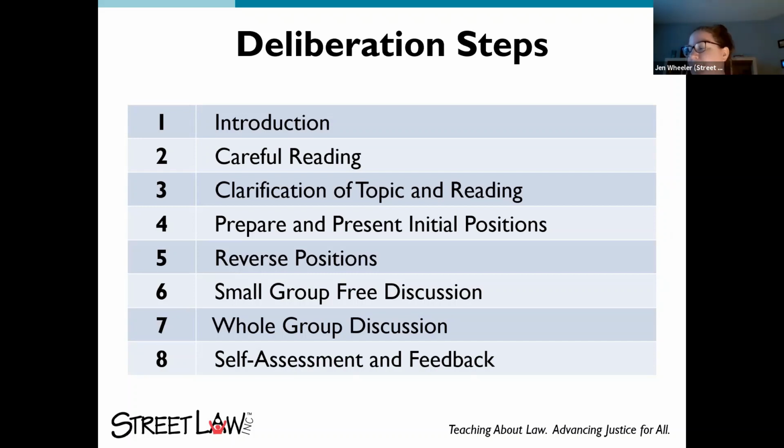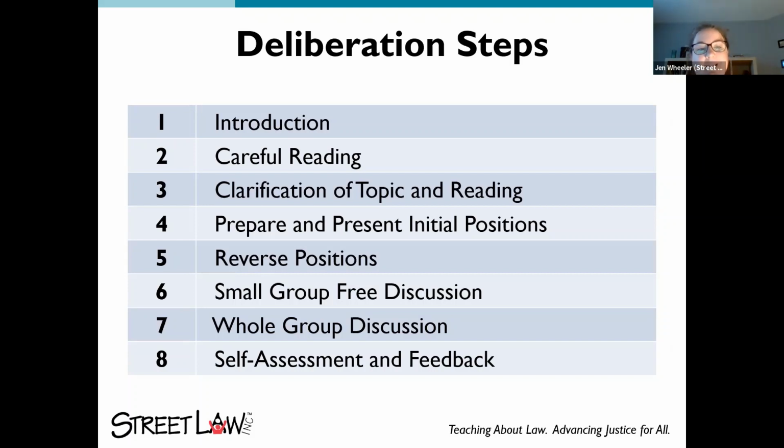This is all done with a purpose to build relationships initially and just get some of the facts out there before moving into maybe the more contested discussion. So step 5 is then students reverse positions. If they started on the yes side, they're now on the no side with their partners. They're still starting by pulling out 2 arguments. We suggest that one of those 2 arguments be a kind of validation of an argument that the other side presented in step 4. So, we really liked this argument that you guys presented, and here's why we really liked it. After the 2 sides reverse and share arguments from the other side,